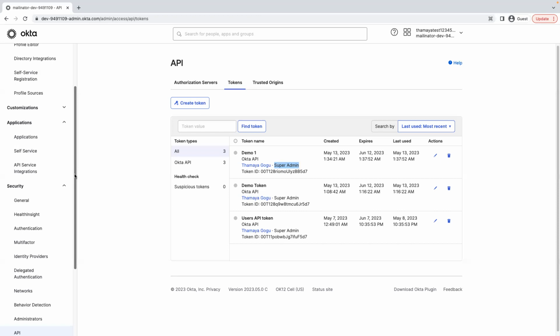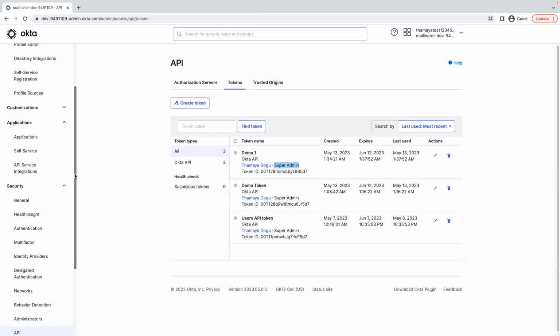But it's advised to have two different users dedicated to each category or each application to create their relevant API tokens, so that when we decommission one of the APIs, or when we change anything for one of the APIs,